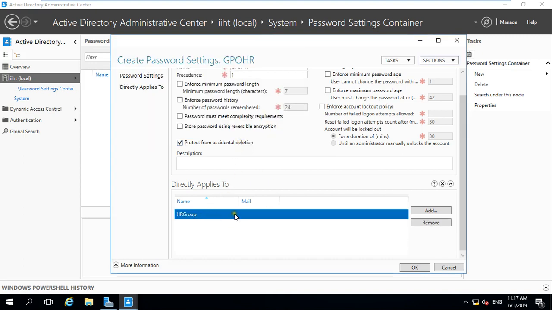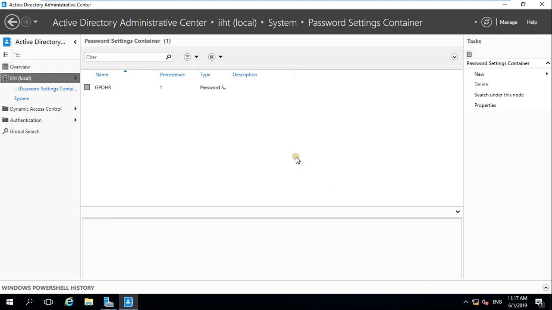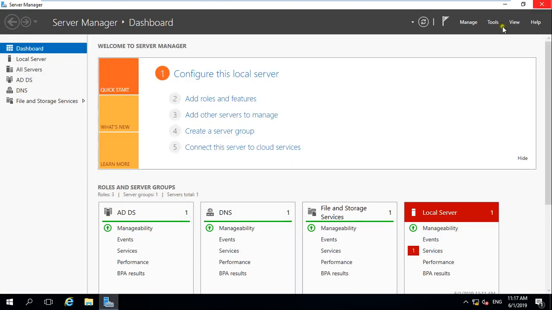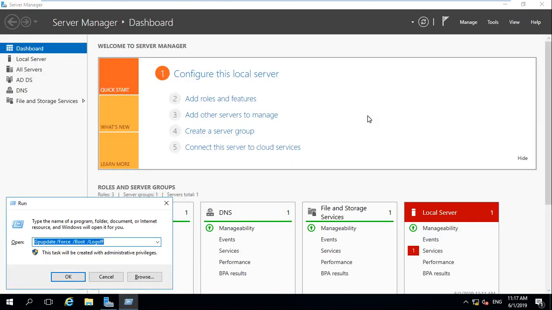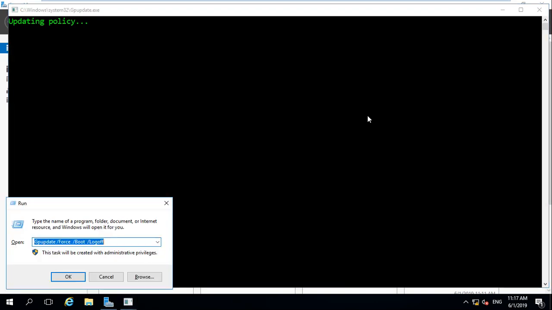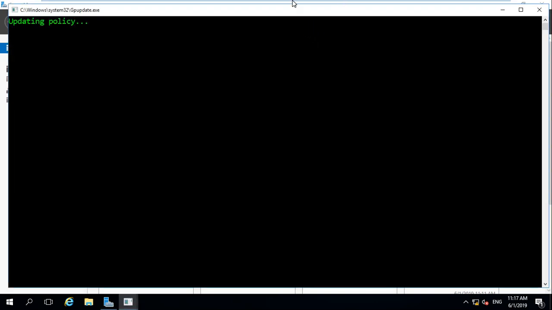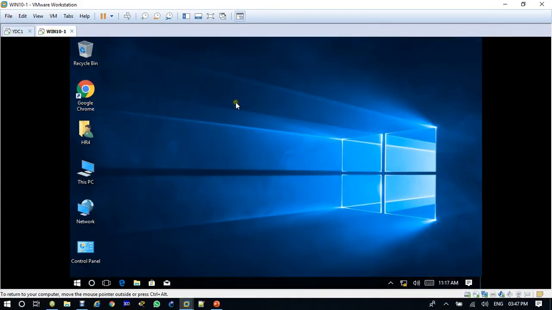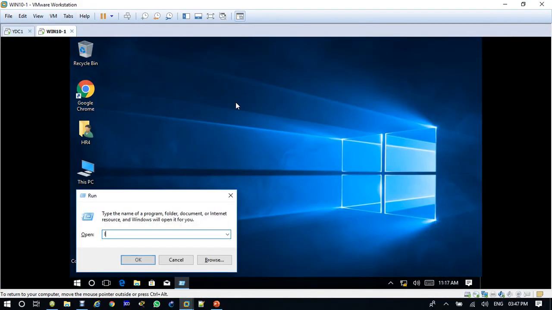Okay, see, HR group has been added here, and then click OK. Close this one, update the policy, and once the policy has been updated, you come to the client computer, log off and log in.